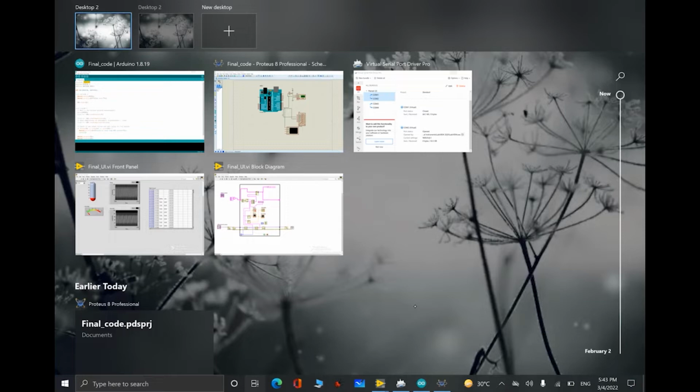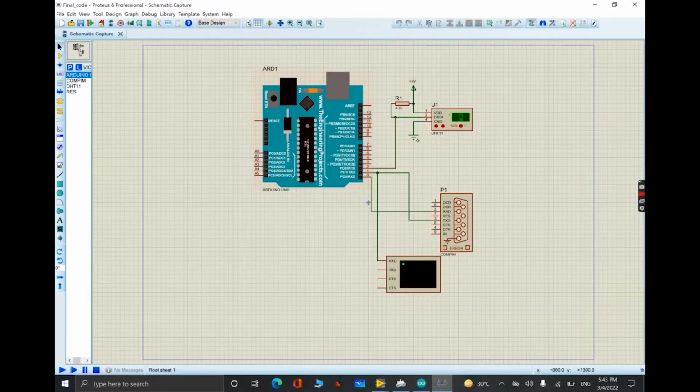ID 191101167. For this project, we have designed a data logger system where we record the measurements of temperature and humidity. To display the recordings of temperature and humidity from this DHT11 sensor in this virtual terminal window, the Arduino code